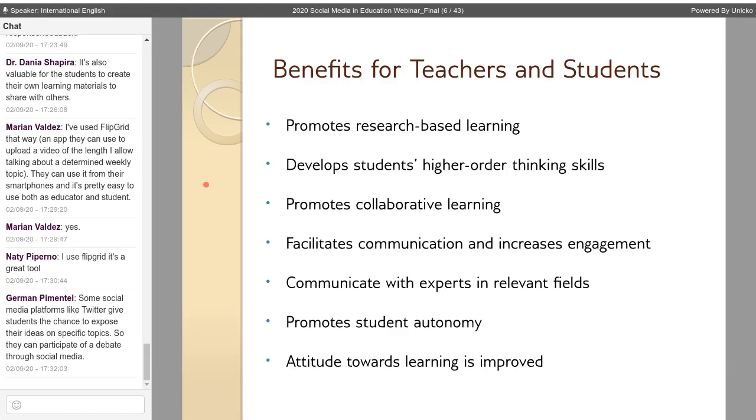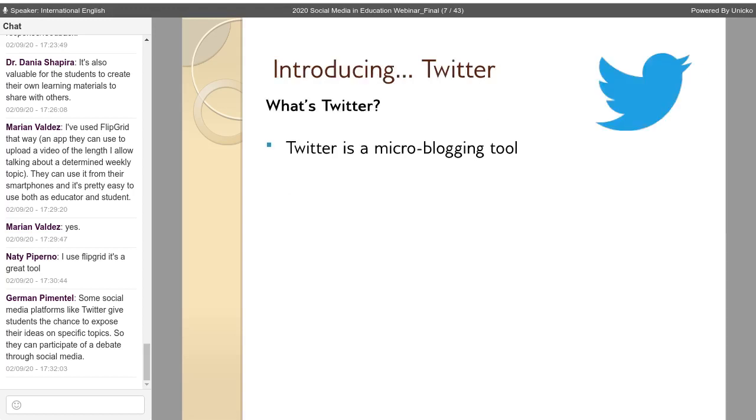Herman says some social media platforms like Twitter give students the chance to expose their ideas on specific topics so they can participate in a debate through social media. Absolutely, absolutely. Sharing information, expressing opinion. All right,